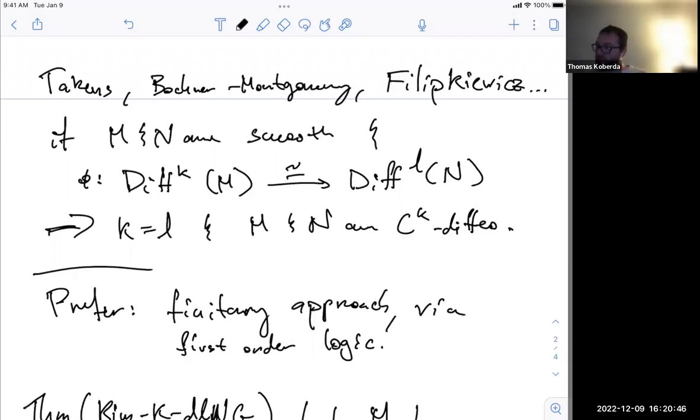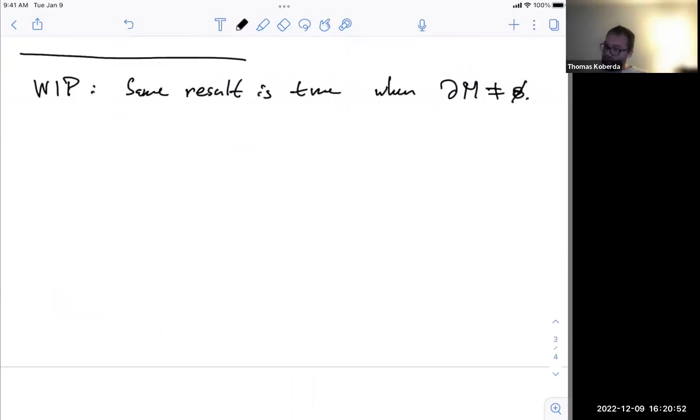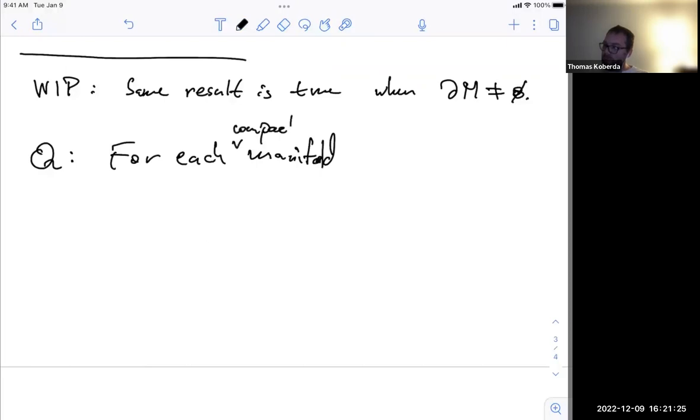So here's a question which I have no idea how to solve in general, but which I think maybe these results that I'm talking about here might be a first step. Okay, so maybe I'll say this slightly differently. For each manifold, so here compact manifold M,